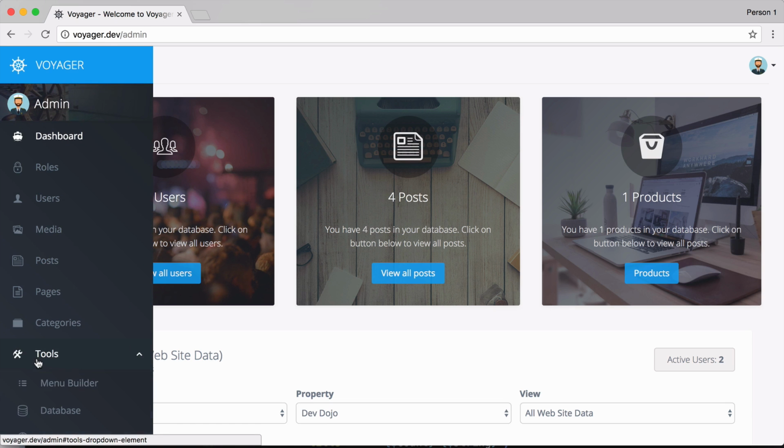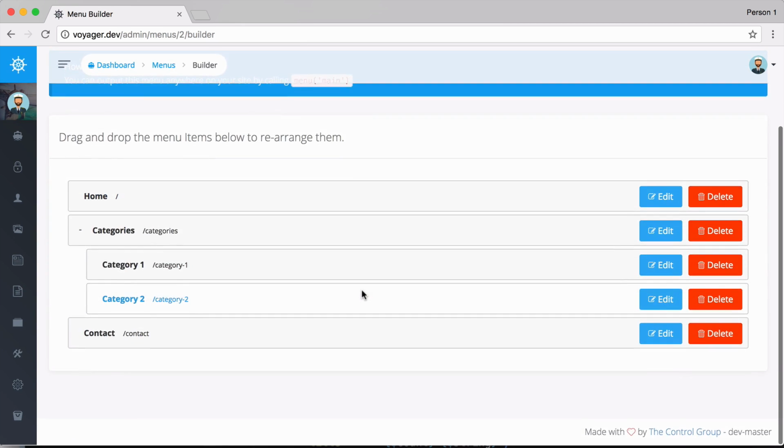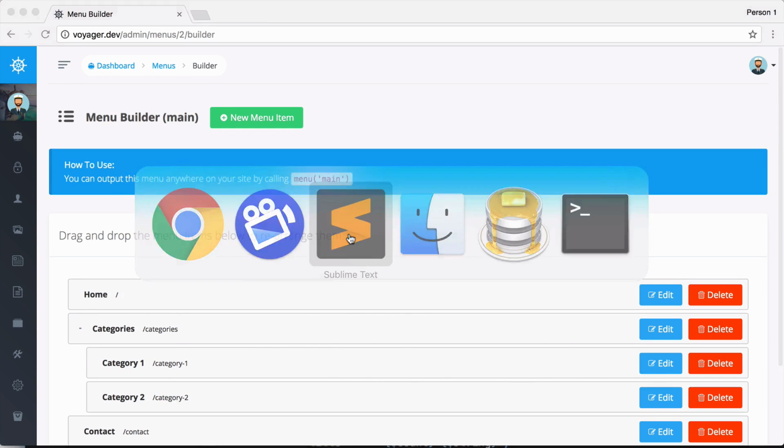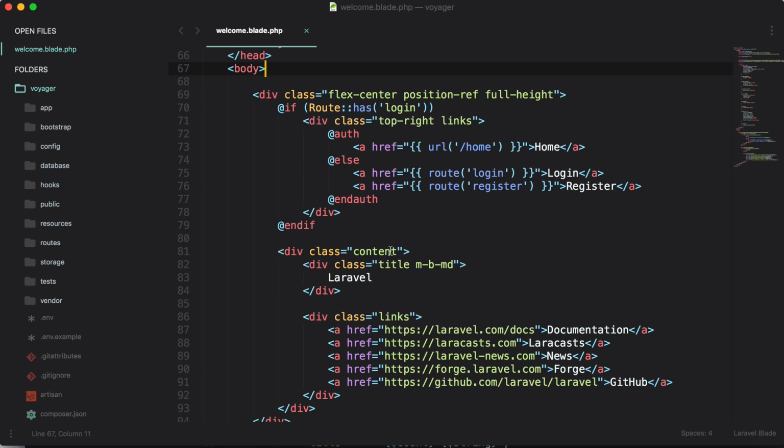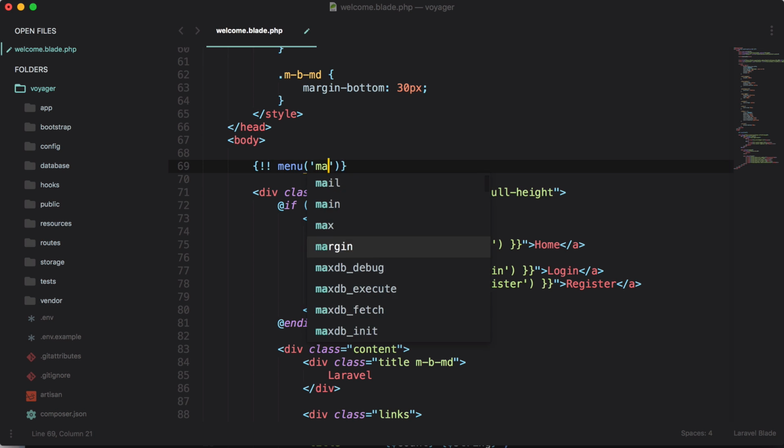So if we go here to our tools and our menu builder, we have this new menu called main, and this just has a few items inside of it. If I go back to my welcome.blade.php, I can just print this out, and we went through this before in a previous video. I could just say menu main,